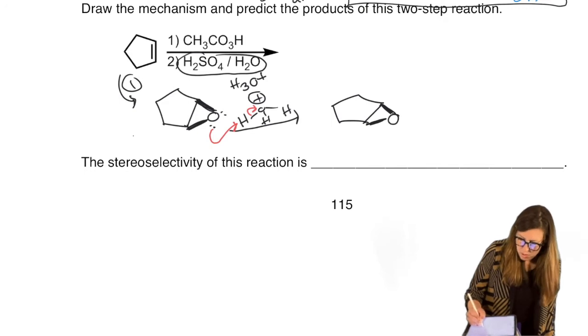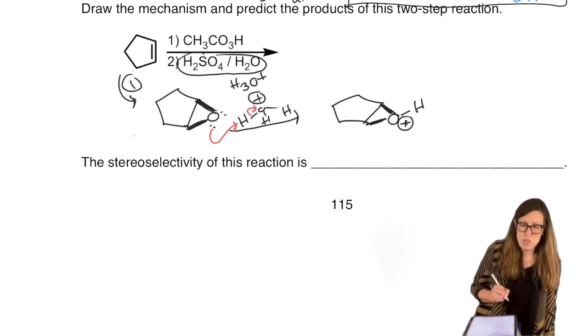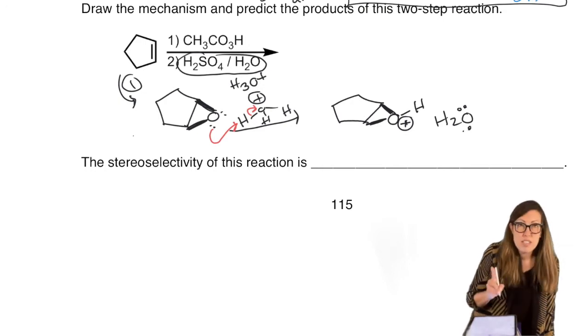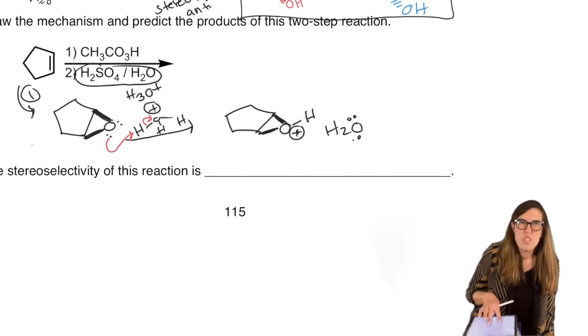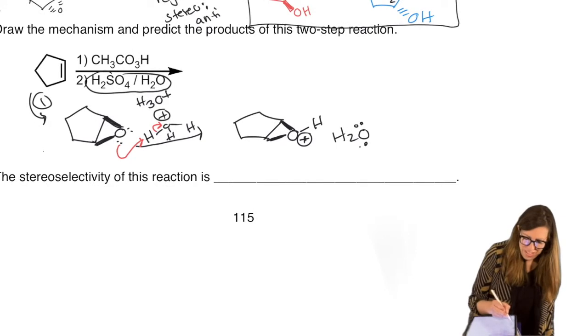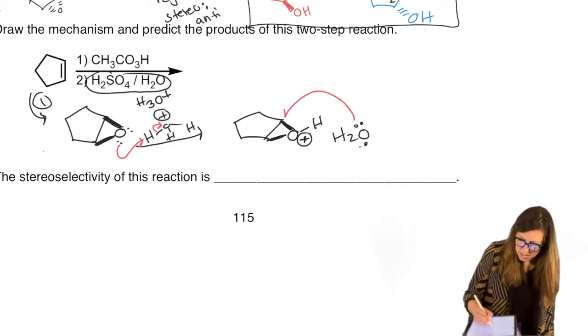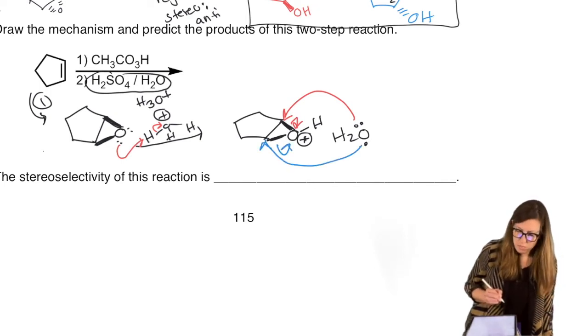This makes it terribly strained now. It already wanted to open, now it wants to open even more because that would help neutralize it. And the water is going to do that job. It's going to be our nucleophile because we don't have hydroxide. Acid mechanisms are always longer because we have to neutralize and we use these nucleophiles that aren't ready to go. They get neutralized later. So just like above, we could do the red path to open, or we could have done the blue path, which is how we explain the formation of the two different possible enantiomers.